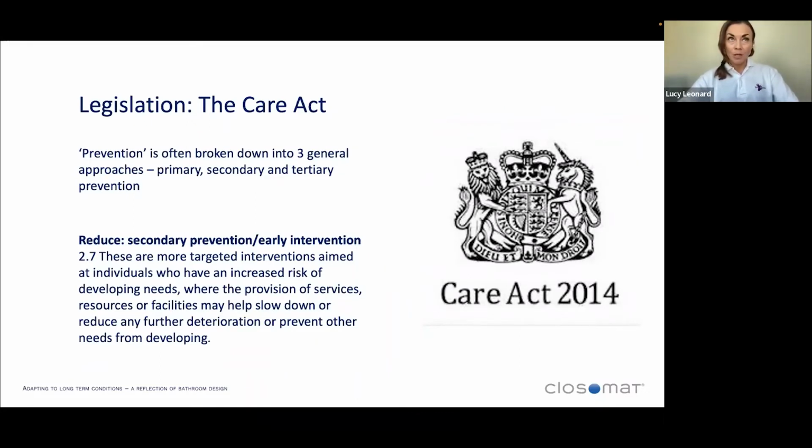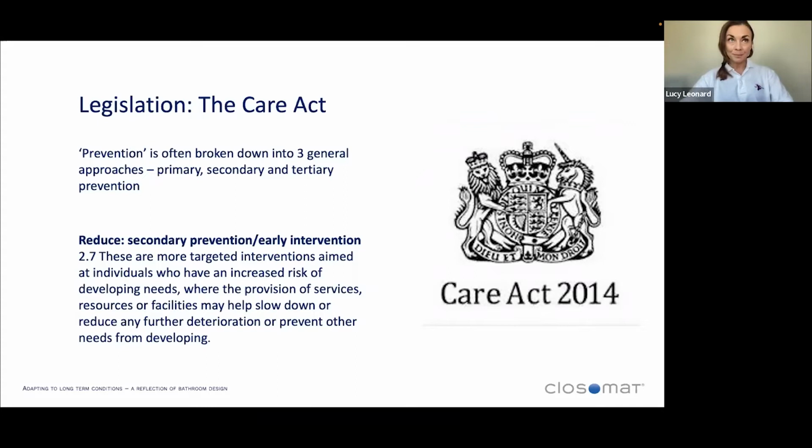developing. So sometimes when we're undertaking an initial assessment, we are having to make some predictions about the future. And that can be a really tricky situation, because not only do you have to discuss with the person a potential deterioration in their condition in the future, but we do have to consider what may happen, almost a worst case scenario really, and discuss that in a really sensitive way with the client. But the Care Act supports us to do that, because it says that interventions should be considered that help prevent